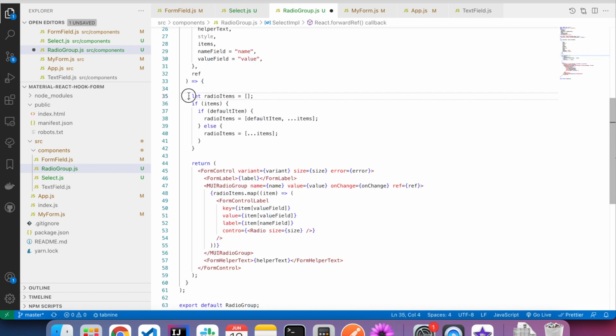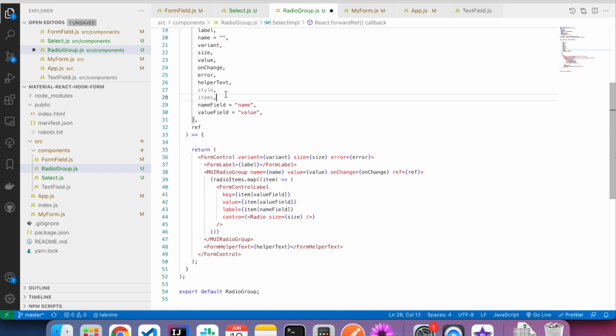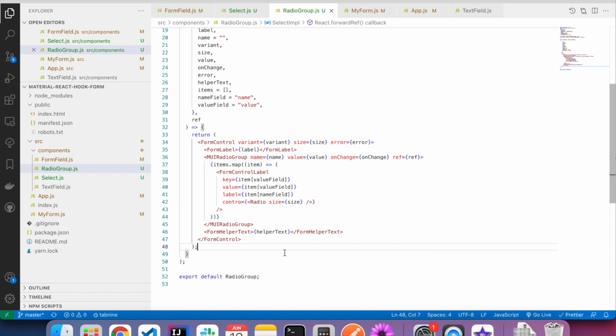The default items completely is not required. So I can actually use items as is here. I just need to default it to array so that if it is null, I won't get error. Control spelling.